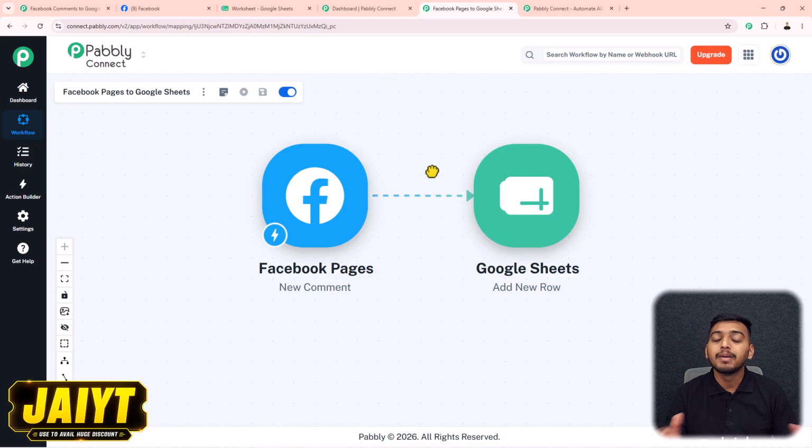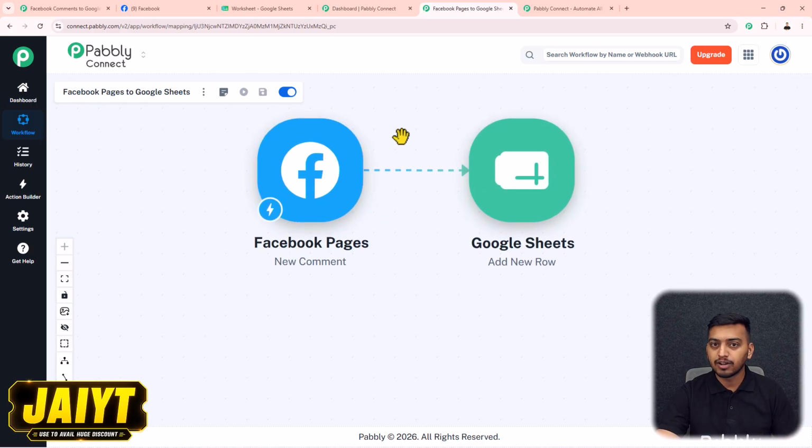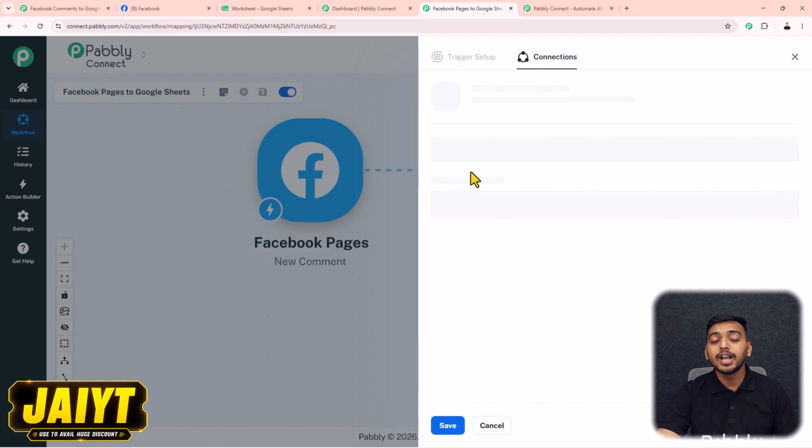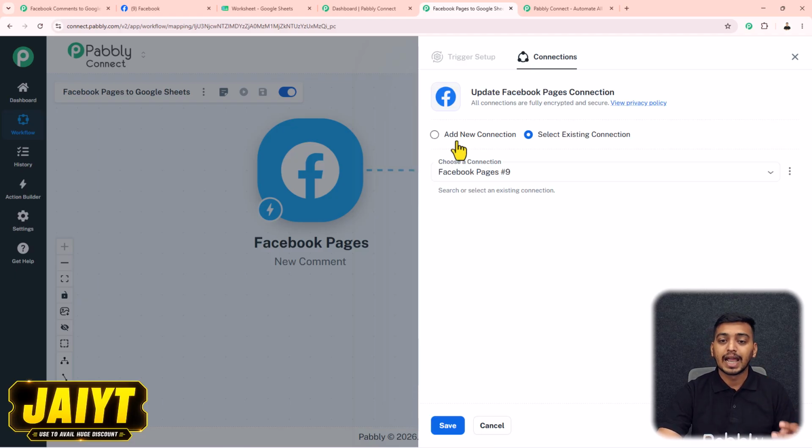Now let us integrate the following applications: Facebook Pages and Google Sheets, so as to complete our workflow. First of all, let us integrate this Facebook Pages, which is our trigger application. We have to open this application, then press this connect button. Here, to create your connection, you will get two options: add new connection and select existing connection. If you have already established the connection, you can go with that, but to create a new connection, select this